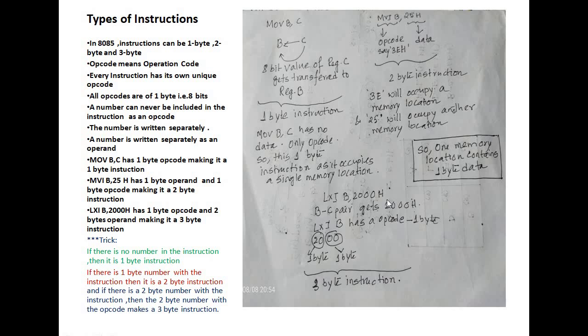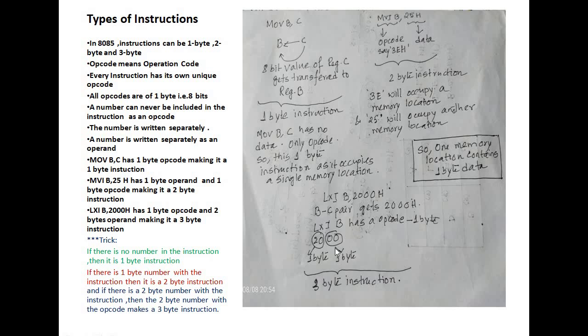Now what does this instruction mean? I have already told you. LXI B means: here 2000H is data or address? Yes, of course it is data, because I is mentioned in the instruction. LXI, that is load immediately the data 2000H into register pair BC. Why register pair? Because X is there in the instruction. Clear? So 2000H, 16-bit data, will get loaded immediately into register pair BC.